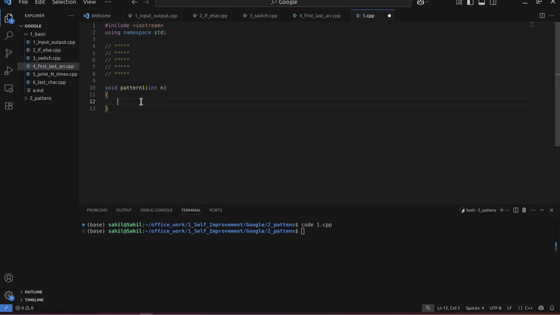Okay, so here the first thing I need to find out is the outer loop, like how many times I need to run the outer loop. So how many lines are there? There are n lines. So for int i = 0; i < n; i++. Okay,